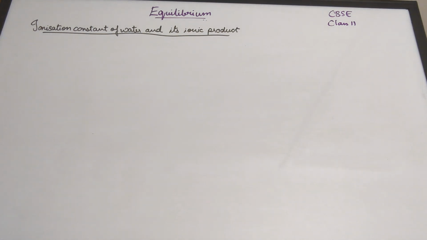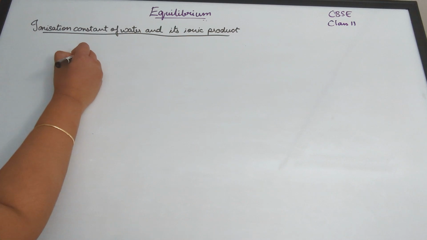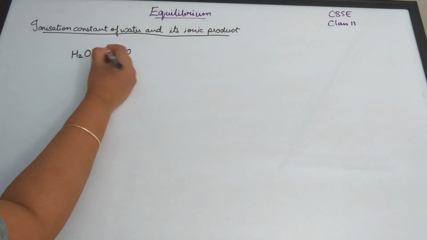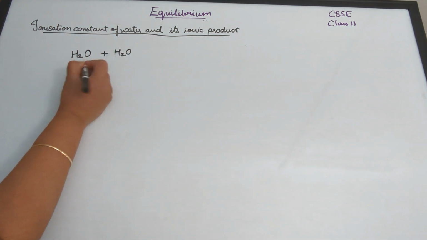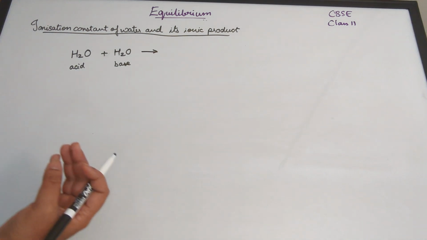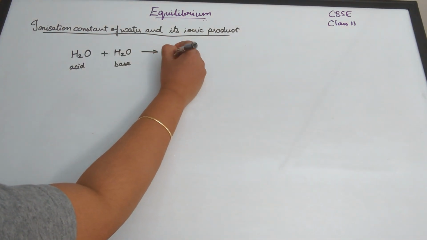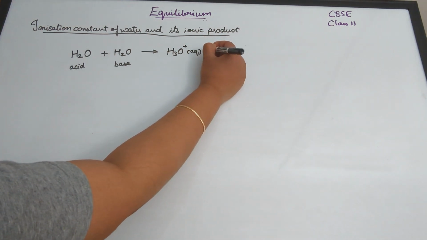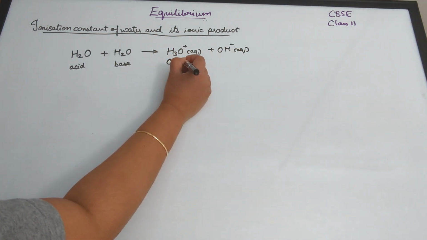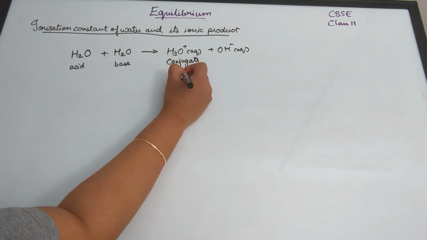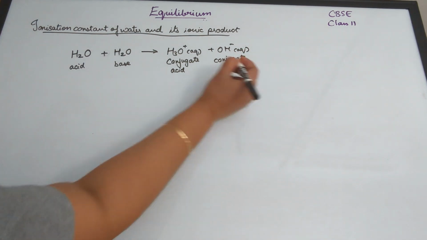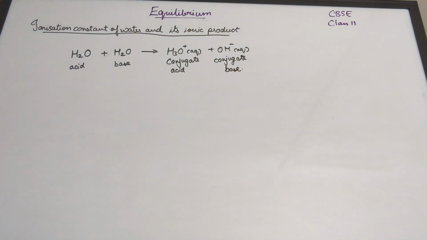so it does not undergo dissociation to a great extent. But when it does, it's when you have two molecules of water. One of them we can consider an acid, the second one we consider a base. So it will give rise to a conjugate acid and a conjugate base. So it gives rise to H3O plus and OH minus. Okay, both of them. So this is going to be the conjugate acid and this is the conjugate base. We get H3O plus because H plus will combine with another water molecule